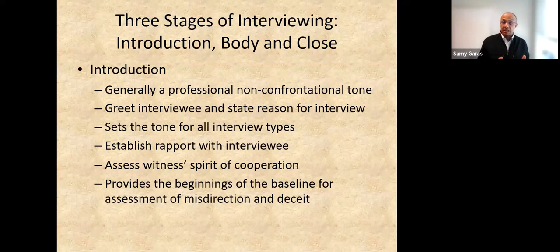We greet the interviewee as a human being, regardless of whether he is the suspect, perpetrator, or innocent. We should greet the suspect in a very professional way. And we mention the reason behind the interview, like collecting more details about the act of fraud. And then we establish rapport with the interviewee. It means making the interviewee feel comfortable to sit and start answering the different questions.